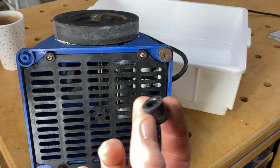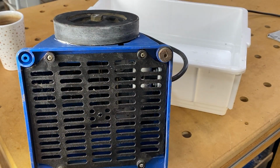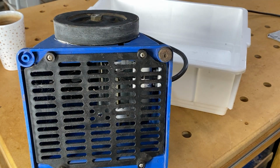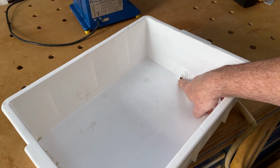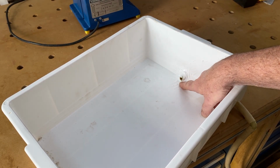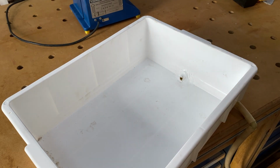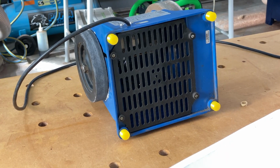I'm going to make up some new ones, but much taller, so this sits further up away from the water. And I'm going to put a drain on the tub, so if it goes over a certain height, of course it just drains off into another container. You can see that that drain's installed almost flush with the bottom, so the water's never going to rise more than a few mil. And you can see the new MFT3 feet on the bottom of the unit, significantly taller